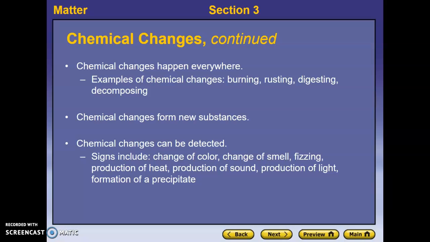Oftentimes, bubbles, because they're a gas, bring with them an odor, some kind of smell. We may get the production of heat, or sound or light. So any kind of energy change can be a sign of a chemical reaction. Now, this is the substances themselves giving off heat, not the addition of heat, like putting something on the stove or in the oven or even in the microwave. Okay, so what we're talking about here is